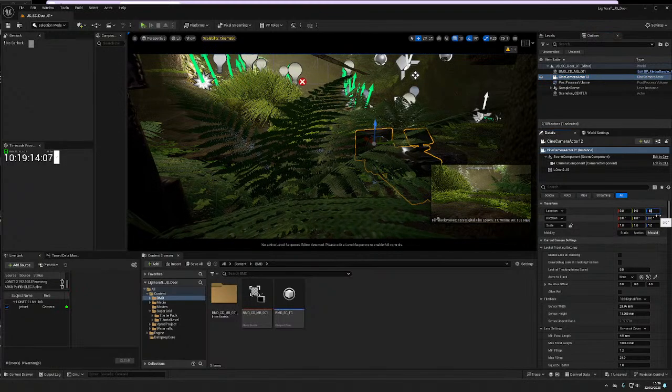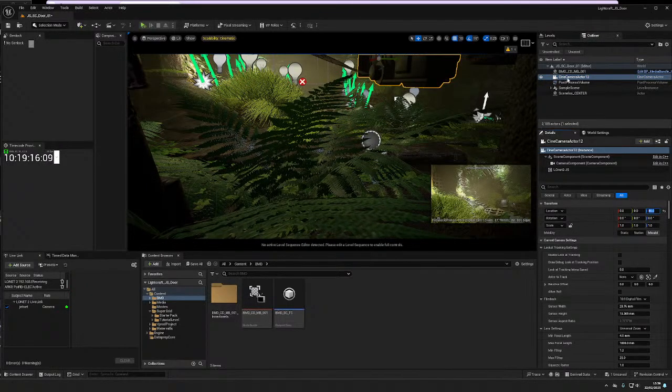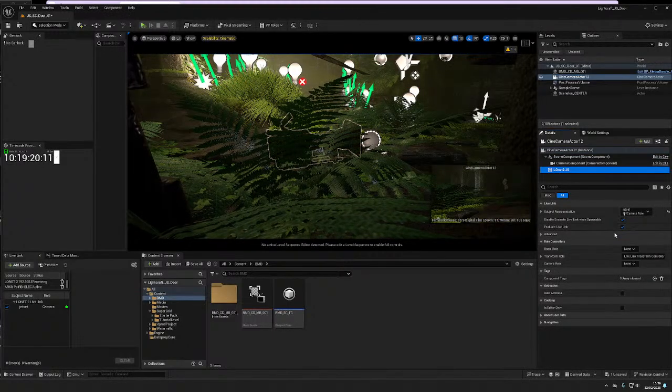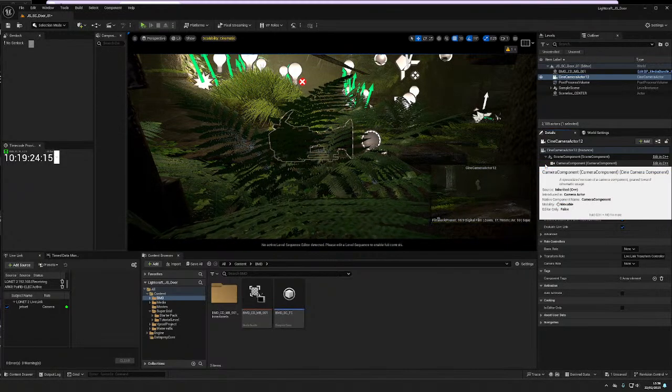It was 85 centimeters off the ground. Lonet, change it to that. So it's seeing my tracking as the floor, but as you can see here, we've got